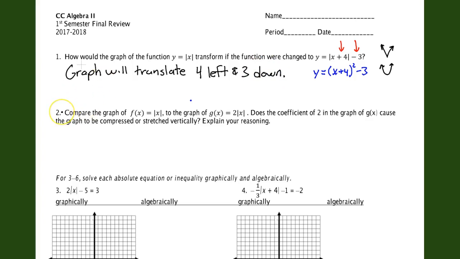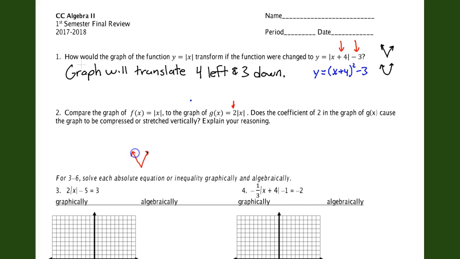Okay, number 2, let's compare the graph of absolute value of x to the graph of 2 times the absolute value of x. So in a similar question, what does this number do to the graph? Not that it's inside the absolute value or after, but before the absolute value. Does the 2 in the graph cause g of x to be compressed or stretched vertically? So we know it's going to move it vertically, just which direction. So if we have our general